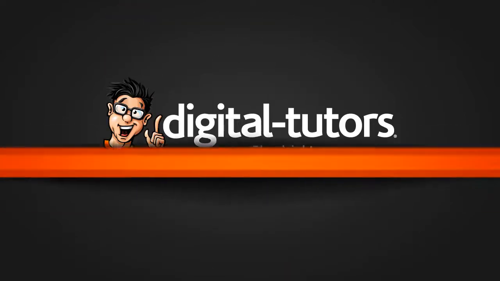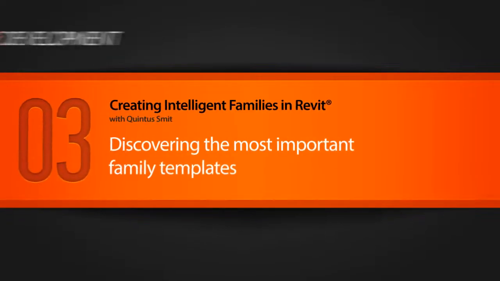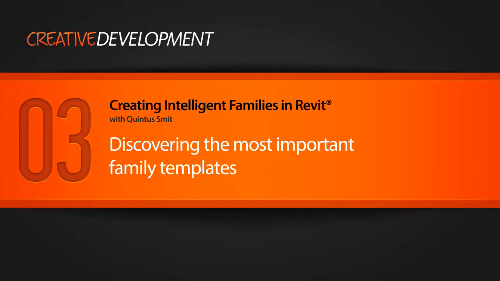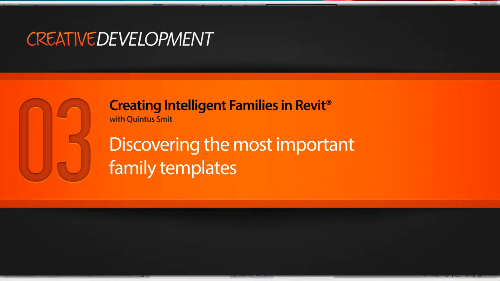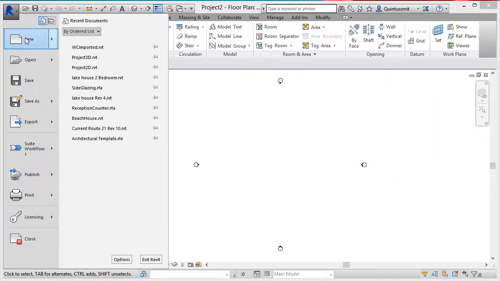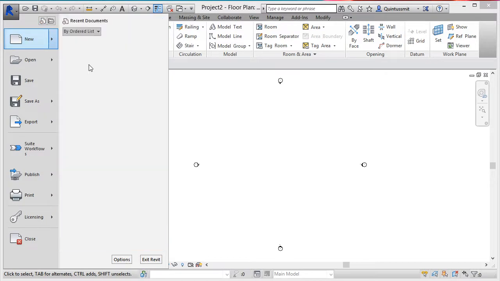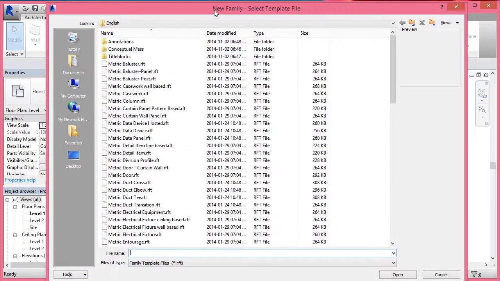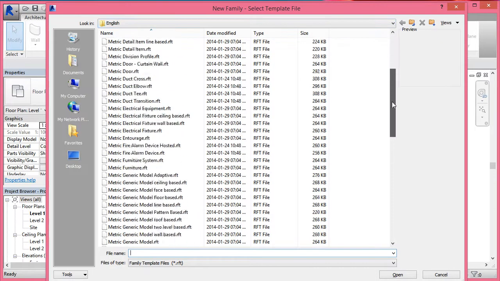In this video, we're going to discuss the Revit family templates and how to use them to create new family components. When we create a new family, we go to the drop-down menu up here, New and Family. This presents us with the family template folder, and you can see here is a list of the installed family